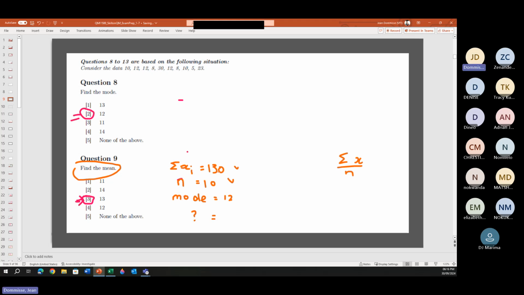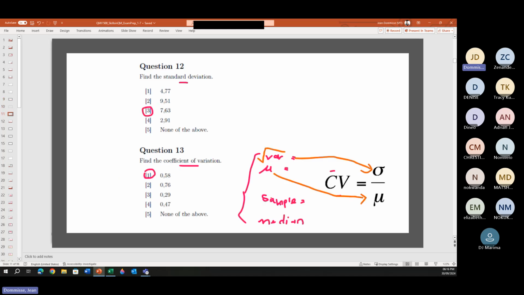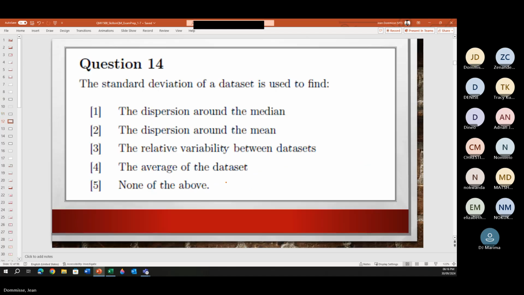Okay, so that's a few things around the chapter around stats where we needed to look at mean, median, and mode, standard deviation and variance, and the other component of the variation stuff was coefficient of variation. Okay, then just another